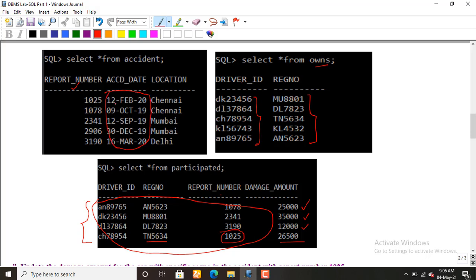The date in the format of this one, okay. So date is the already existing data type in SQL. So this is the date format, okay.